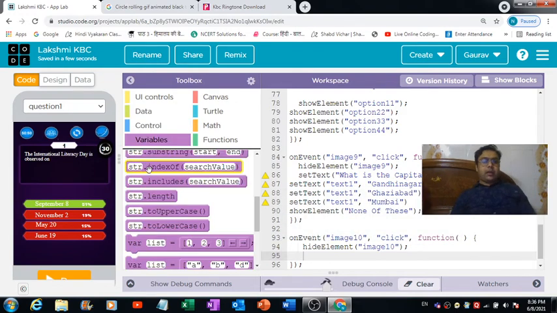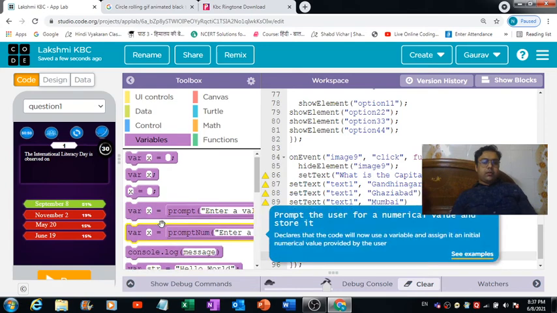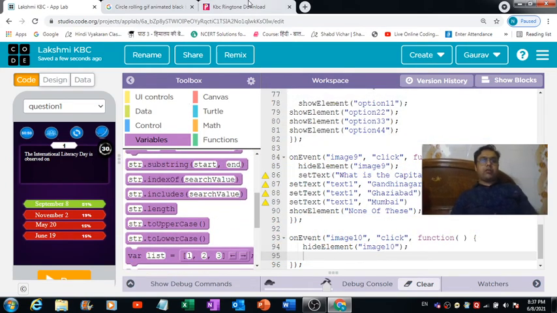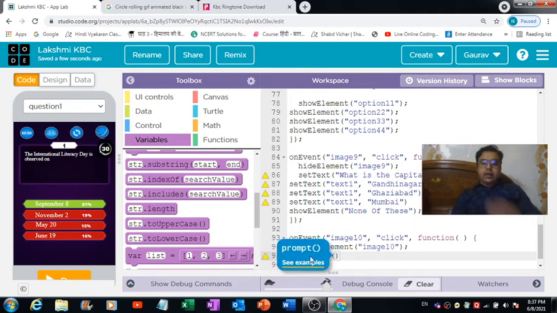So from where can we get the block with which we can get that prompt box to appear right on the top over here? There is a code named prompt you can make use of, and then you can write down over here, option A is correct.